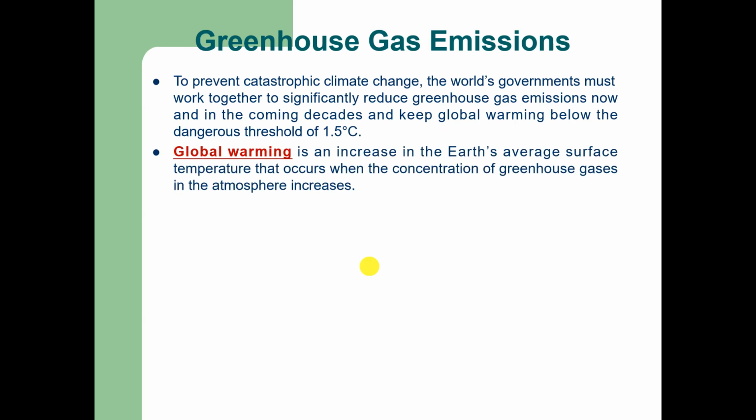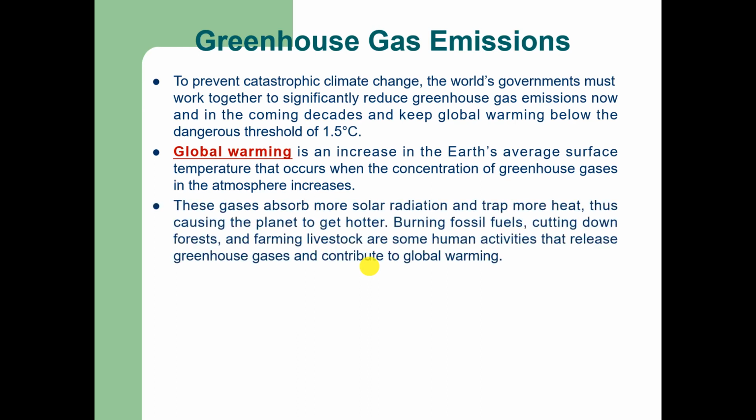So a question is, what do we mean by global warming? Global warming is an increase in the Earth's average surface temperature which occurs when the concentration of greenhouse gases in the atmosphere increases. These gases absorb more solar radiation and trap more heat, thus causing the planet to get hotter. Burning fossil fuels, cutting down forests, and farming livestock are some human activities that release greenhouse gases and contribute to